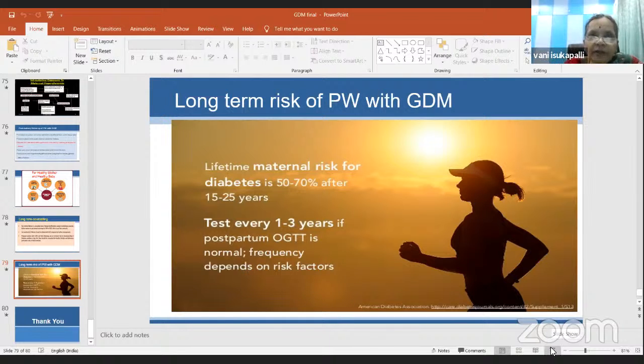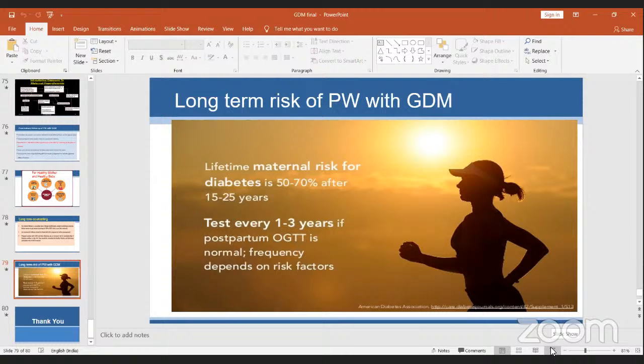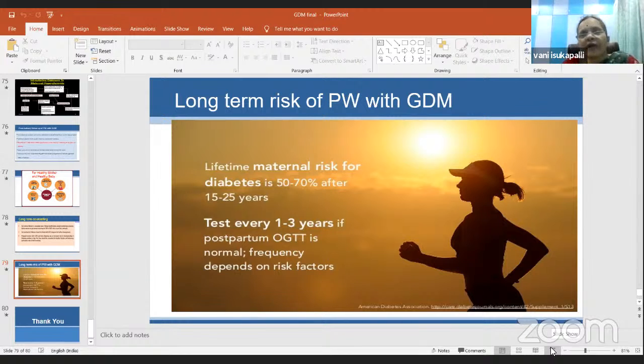Insulin requirement, I didn't follow. What did you say? The insulin dose calculation. Insulin units. Yes, ma'am, insulin units. Whether it depends upon the body weight of the patient or the blood sugar. It depends on the blood sugar values. I put it in my slide that it depends on the blood sugar.